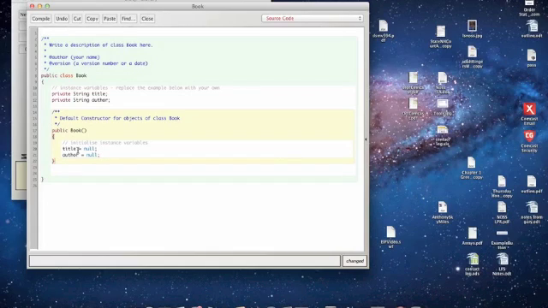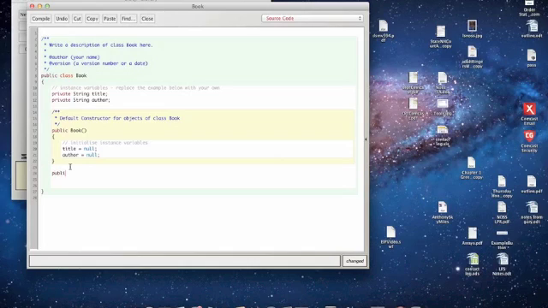Now I can have more than one type of constructor. I can have a constructor that says, well, what happens if when you create the book, you know what the title and the author are? So how do I bring that information into my object so that I can set the title and the author up right from the beginning? Now that kind of constructor is called a normal constructor, and the way you do that is you basically type